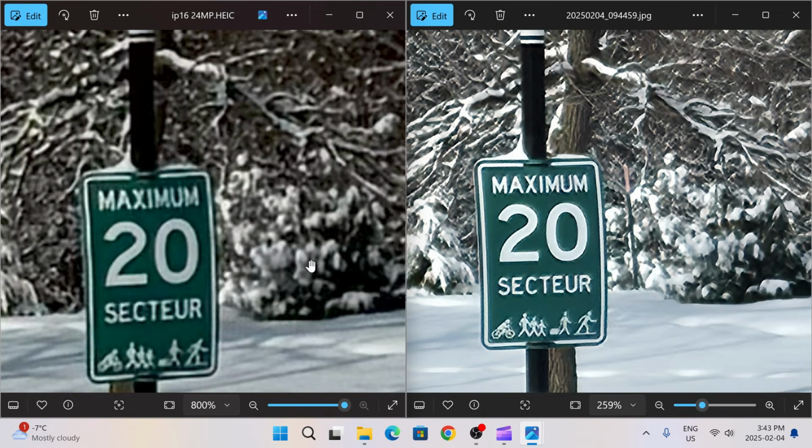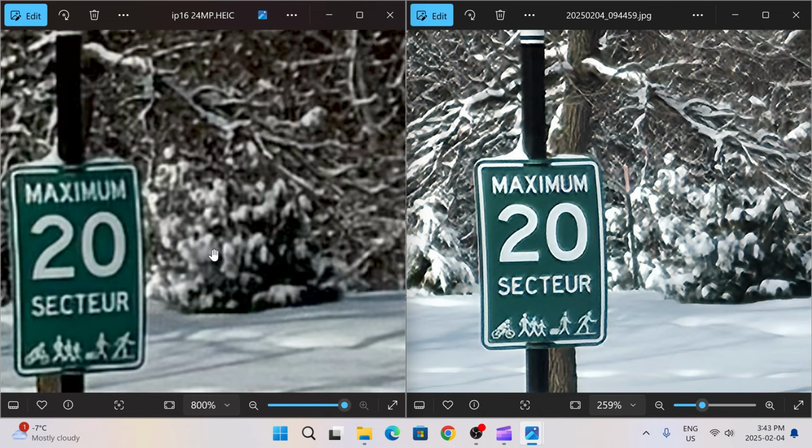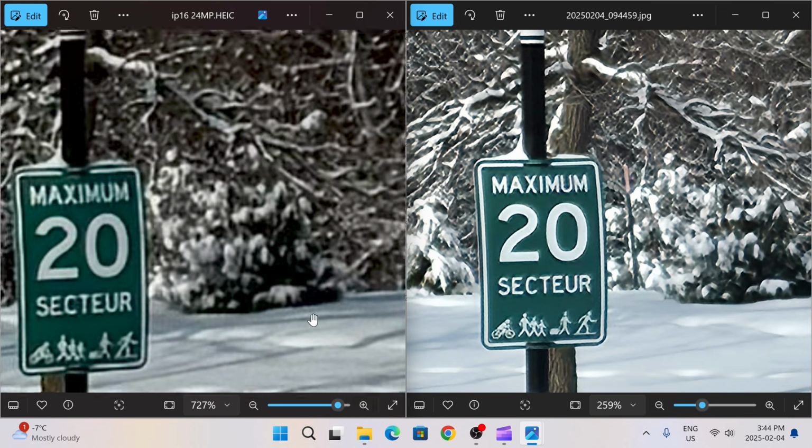It's trying to understand what the scene is, and it's just trying to over sharpen everything. But also the snow here, if you see, much cleaner snow on the right. Left hand side, it's all these dark lines you see here, these are artificial sharpening, guys. So yeah, unfortunately,